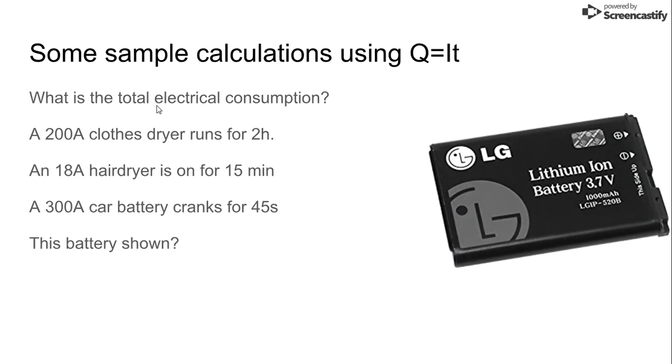Here are some sample calculations. What is the total electric consumption of the following? A 200 amp clothes dryer runs for 2 hours. An 18 amp hair dryer is on for 15 minutes. And a 300 amp car battery cranks for 45 seconds. This battery shown. Okay, so this is where we'll be going on our next step to see how we solve